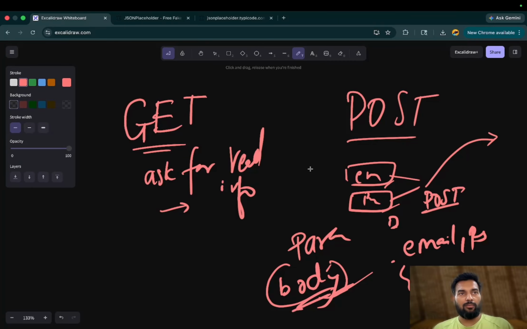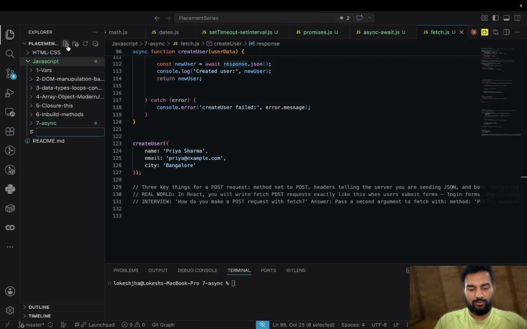Let's build some project, a user dashboard. We call the JSON placeholder API to fetch the list of the users. We will display them as cards, and we show a loading state while data is being fetched, and we show an error state if the fetch fails. We add some search filter by username or something. This will be a kind of real world pattern of how you build a basic React app, and later we'll build the exact thing in React also. So let's build